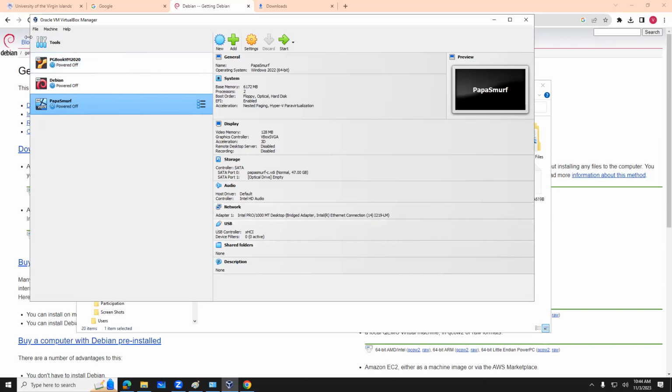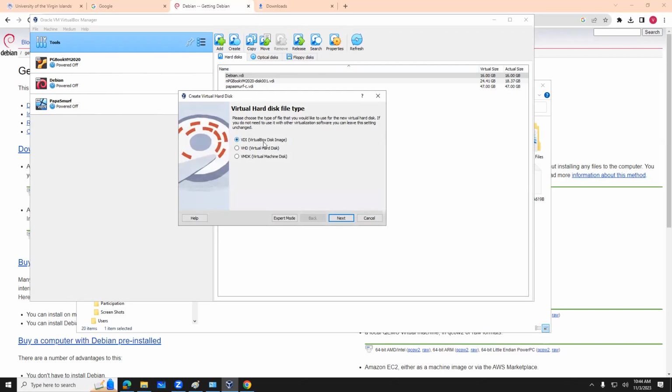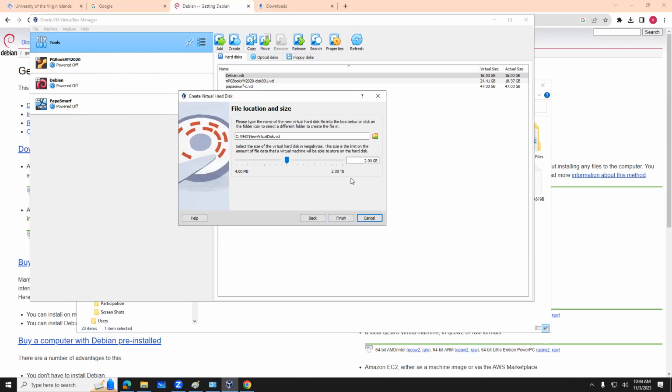Okay, next thing we're going to do, in the Tools option up here, if this is the first time you've installed VirtualBox, you're going to click here and go to Media. And what you want to do is create a hard disk in advance of the virtual machine build. So you're going to click Create, and you're going to leave the default setting VDI. You're going to select Pre-allocate Full Size, and you're going to change this so that it reads,